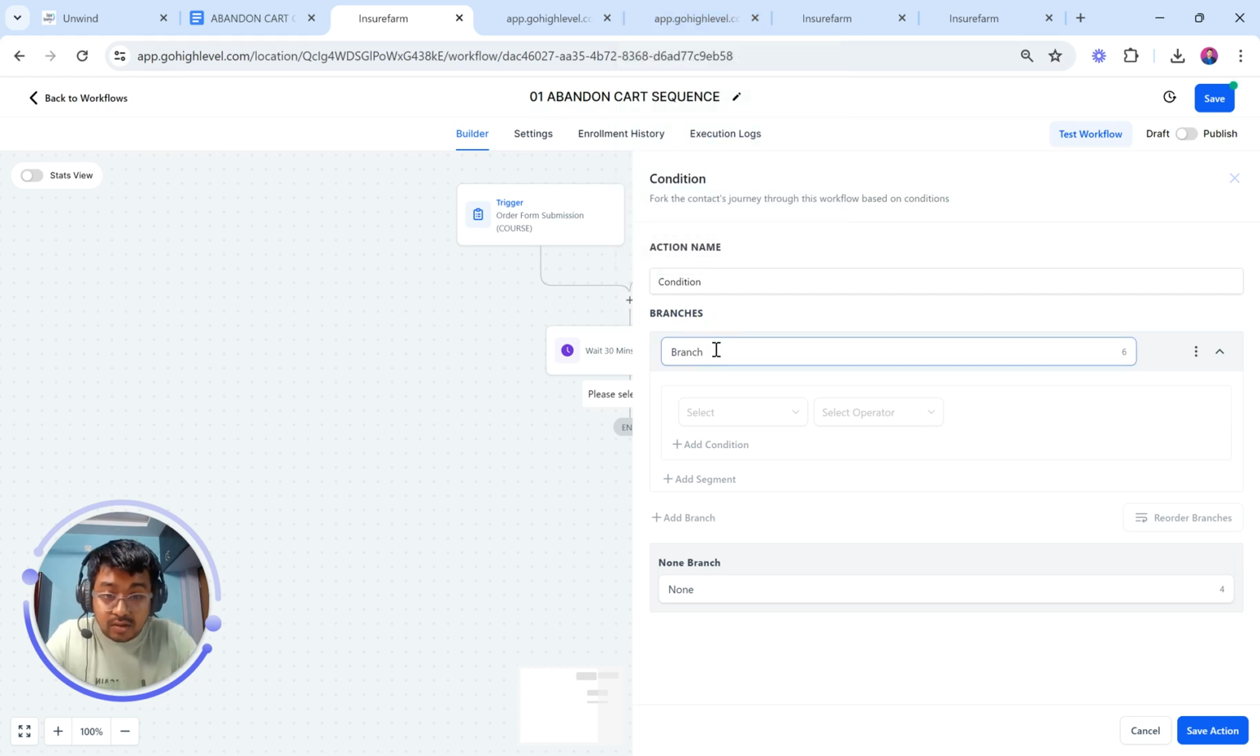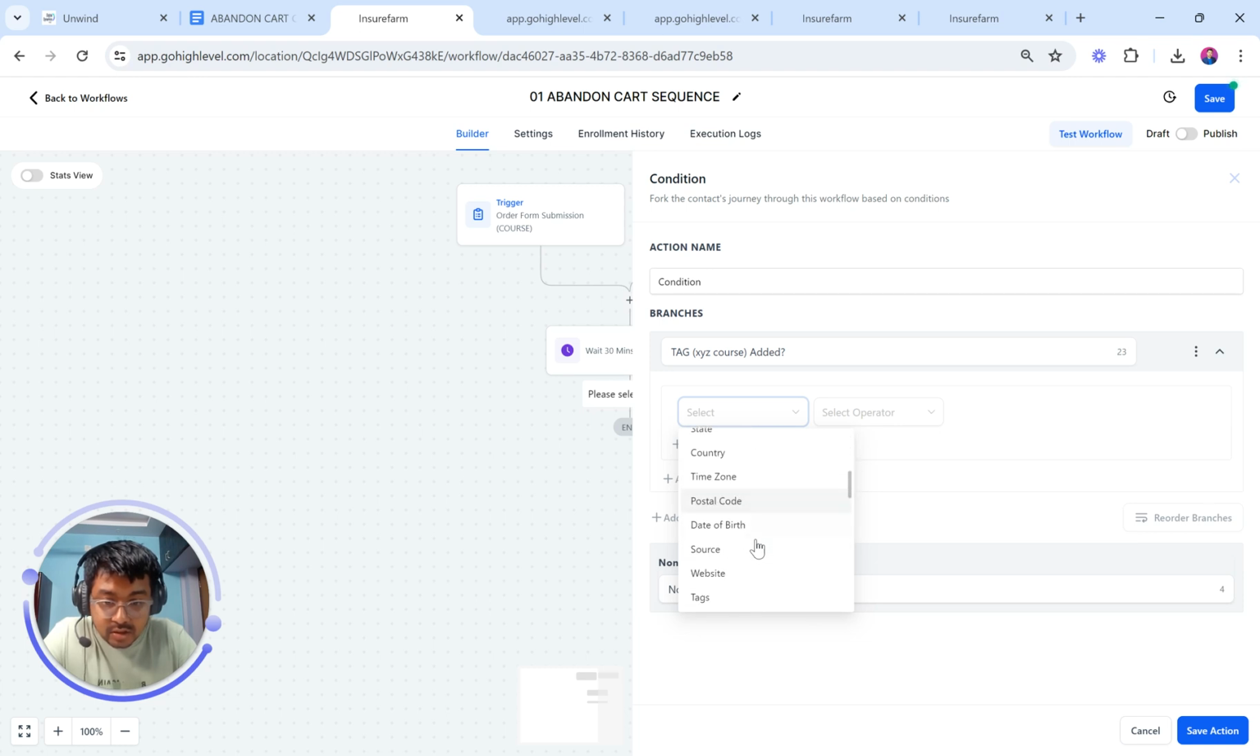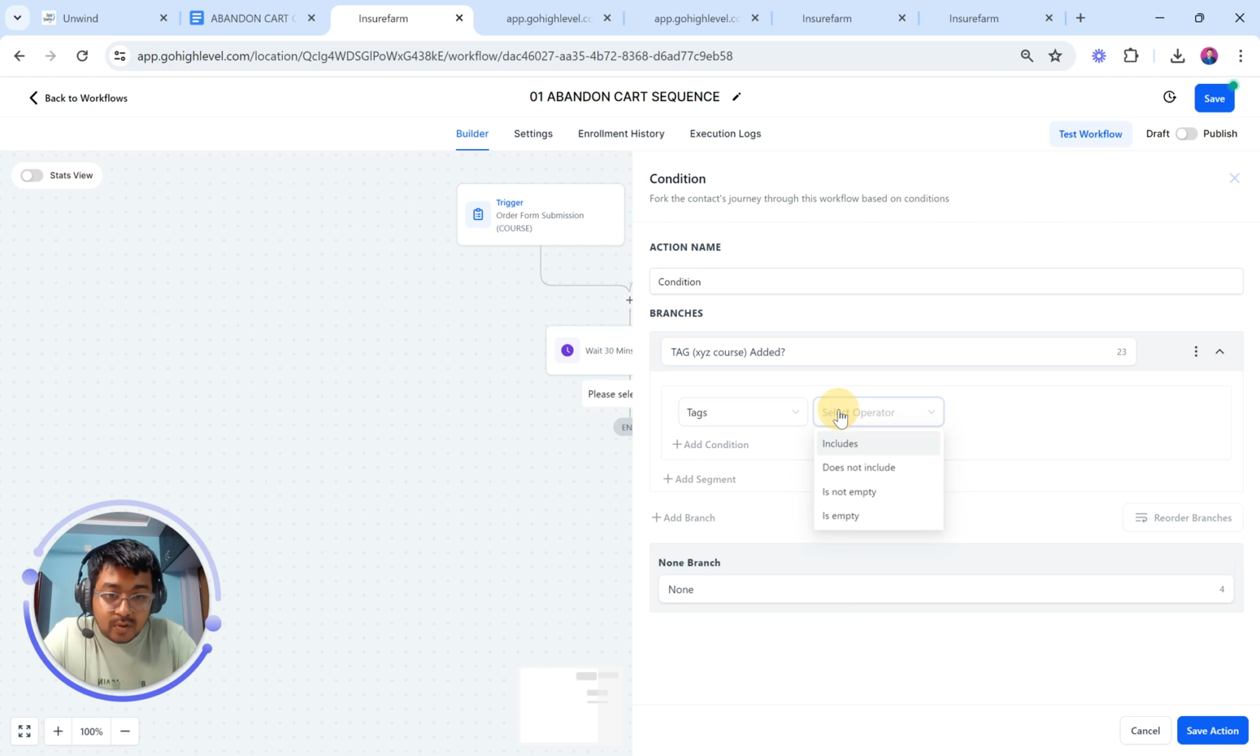So for that, we are going to write here tag added, let's say I write XYZ course, that's it. Added. Right, now here I'm going to select contact details. Here I'm going to slowly scroll down. I'm going to select tags. I'm going to select includes, and then I'm going to, okay, I do not have that tag as of now,